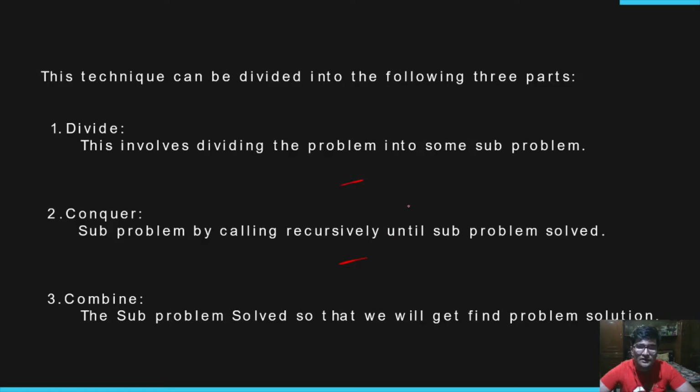So moving forward, this is the way we should proceed with our steps when it comes to divide and conquer. First we need to divide, then we need to conquer, and then finally we need to combine. All of these steps will get clearer as we move forward in this video and learn about different kinds of algorithms.